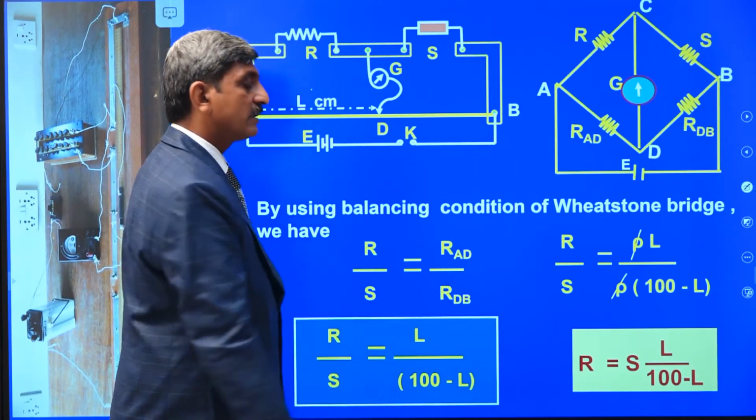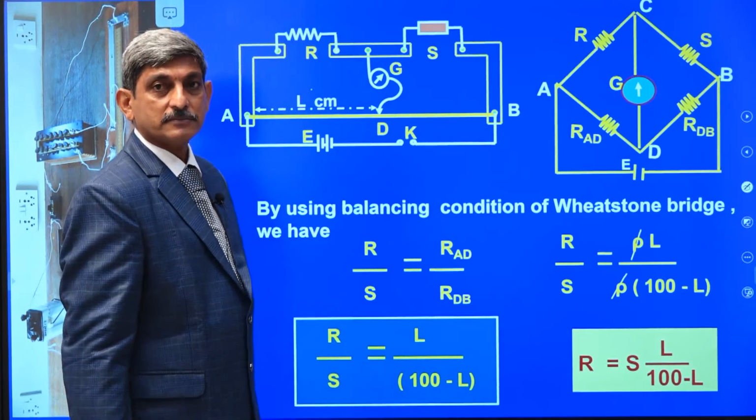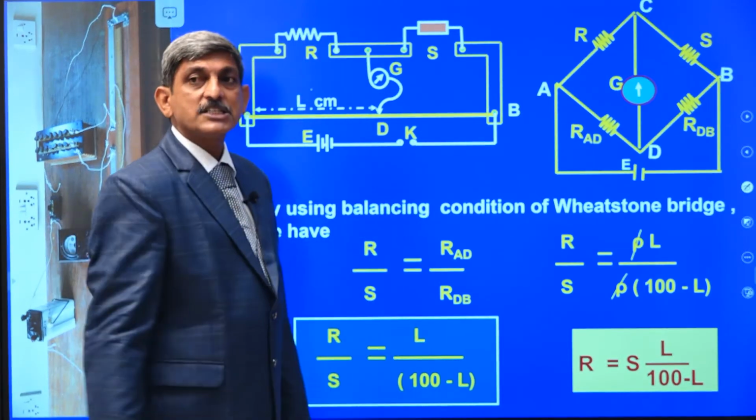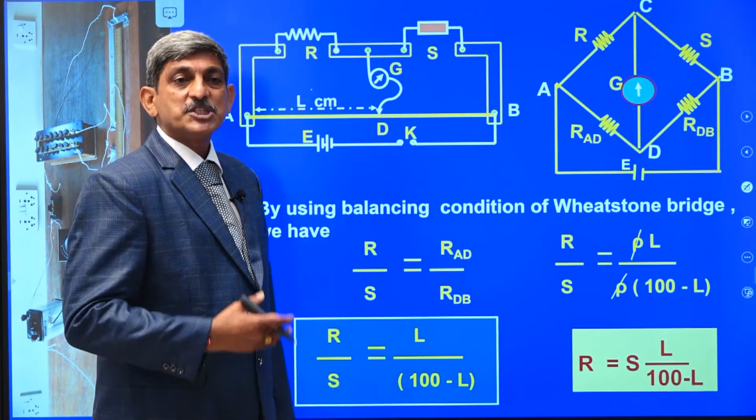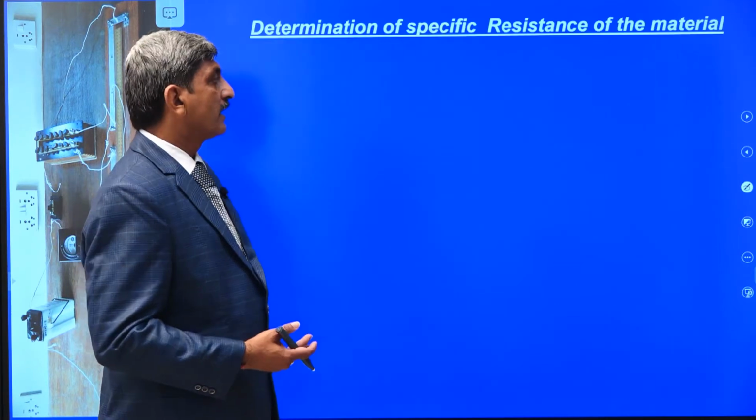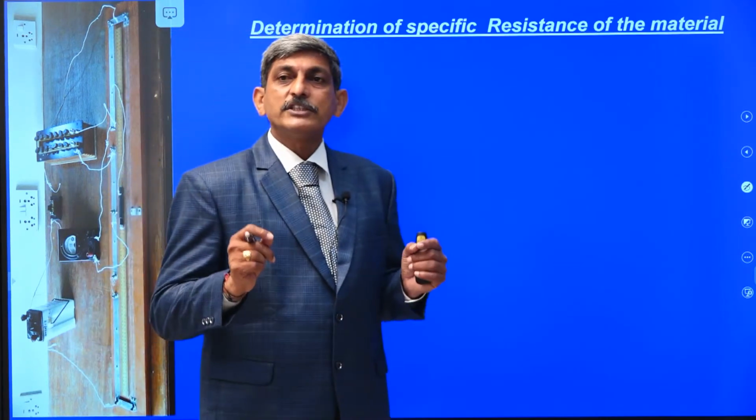Using that, we determine the resistance value. Once we know the resistance value of the wire, then we can determine the specific resistance of the material. Suppose we want to determine the specific